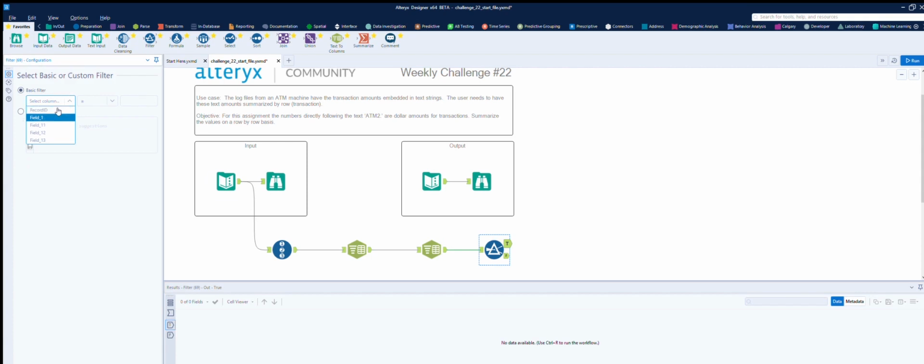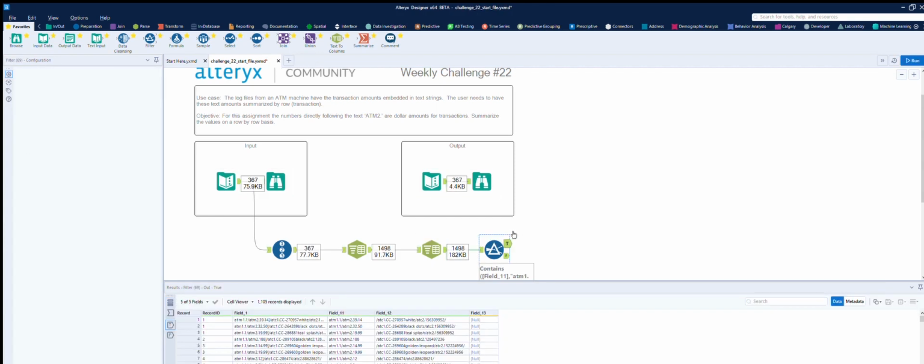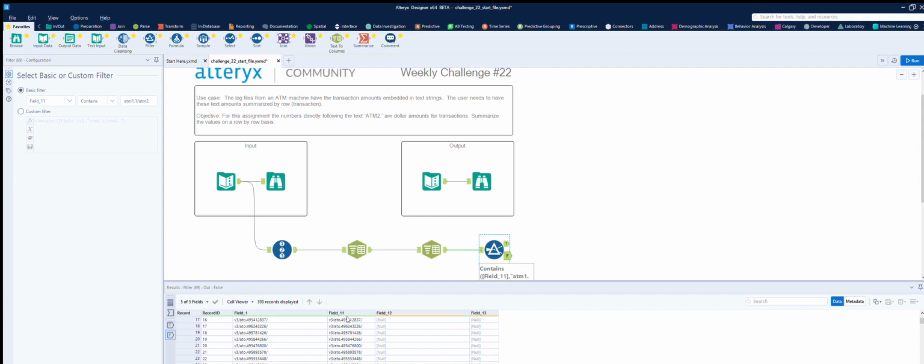And field, doesn't really matter, one equals contains, and then we want to put in that, well, we don't want all of it, we just want up to that part, so atm1.1/atm2. Run that. We now just have in this field underscore 11 the values that we want. Okay, and then in the false area we've got rid of all of the noise. No, we haven't. Okay, so we just need the atm2 dot,